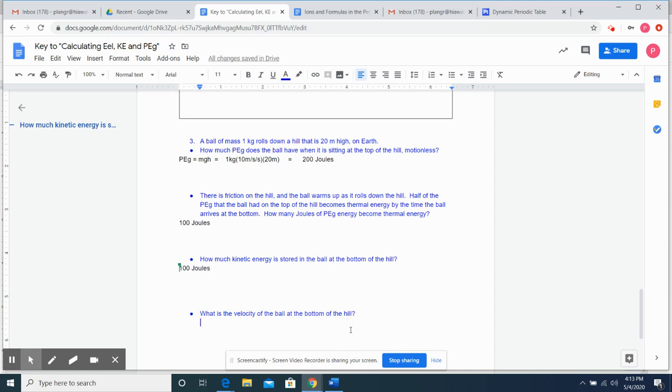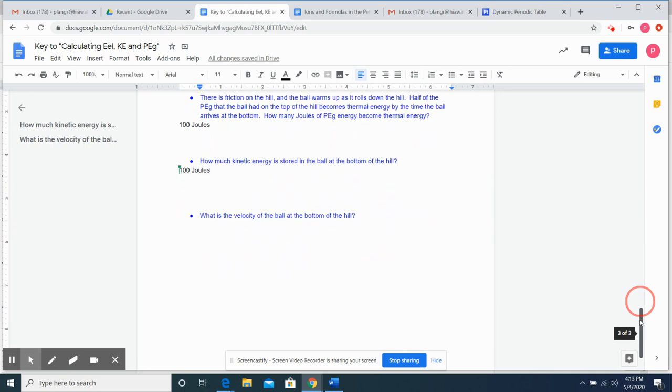All right, finally, what is the velocity of the ball at the bottom of the hill? Well, how are we going to figure that out? Well, we know that kinetic energy is 1/2 mv squared. KE equals 1/2 mass times velocity squared. All right, and so if you're going to be able to convert that, then we'll need to rearrange that, all right, and we'll need to put in some numbers. So I'm going to put in 100